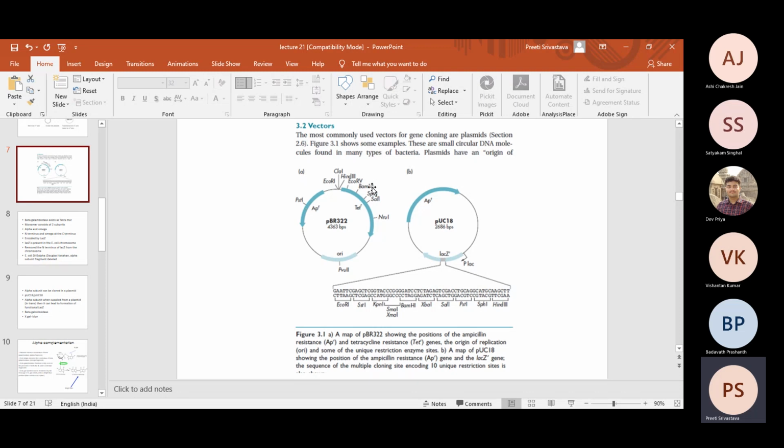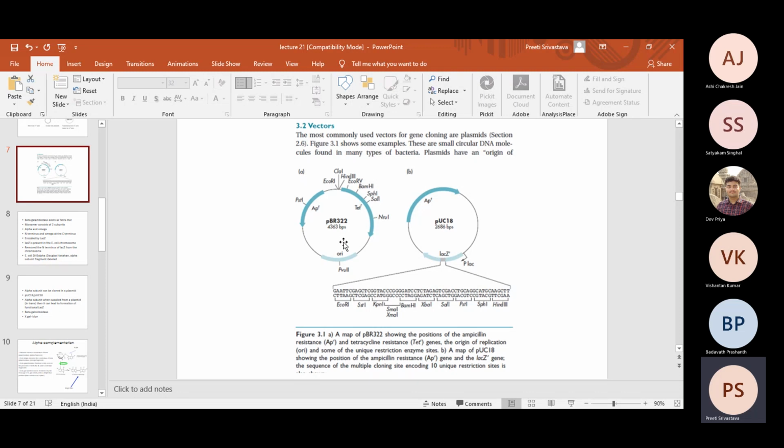Likewise, you can even clone at the BamHI site, but again you transform it and select on ampicillin plates, then replica plate on tetracycline plates. So this is a two-step process. That is point number one. Point number two, if you compare the sizes, pUC19 is 2.6 kb whereas pBR322 is 4.3 kb, so it is comparatively larger than pUC19. The advantage of smaller plasmids is that they can hold larger inserts. If the plasmid itself is large to start with, then the size of inserts that can be cloned is going to be comparatively smaller, right?